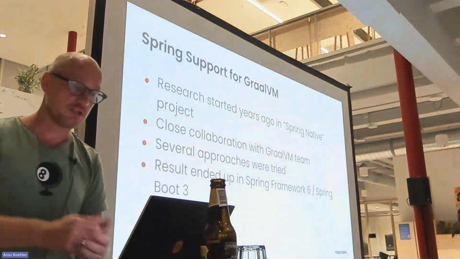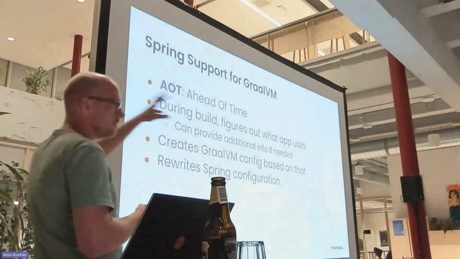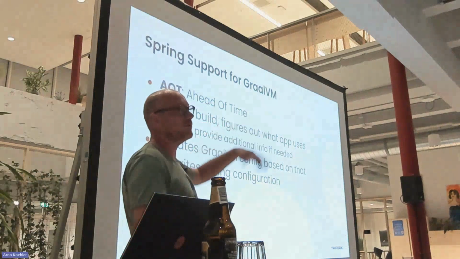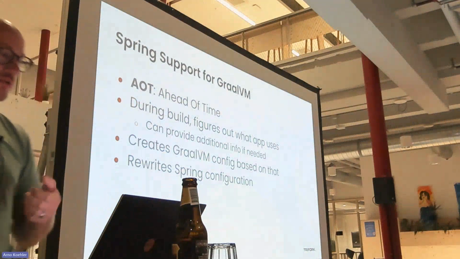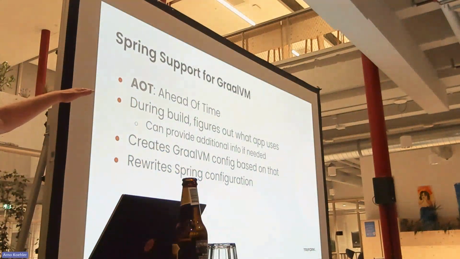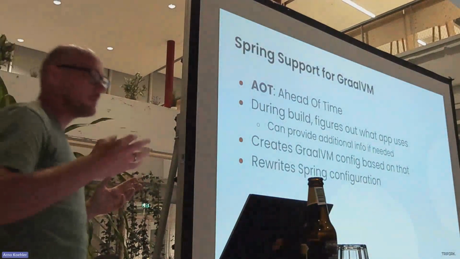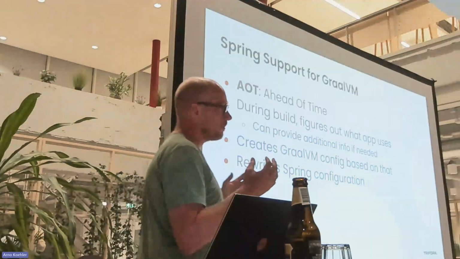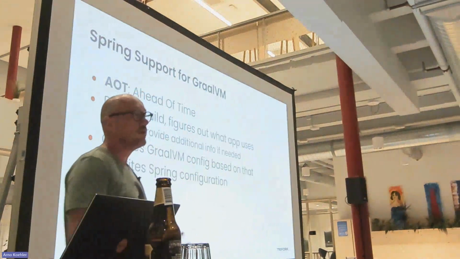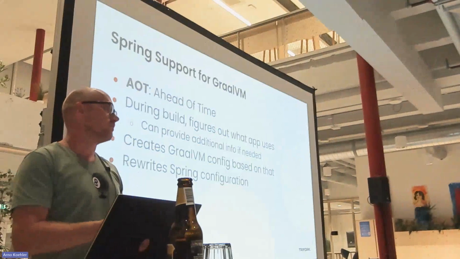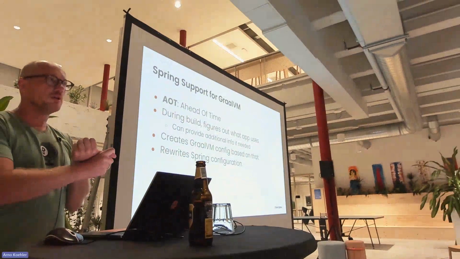It's the native compilation stuff. What they basically provide is a module that they call the AOT module, which stands for ahead of time. You will hear this term a lot when you start to read up on things like GraalVM native executables. Because what ahead of time means is that during compilation, so ahead of the runtime, there's going to be tooling that figures out exactly what your application needs to be able to do when it runs. It's going to try to figure out things like what classes will be loaded, but for Spring,